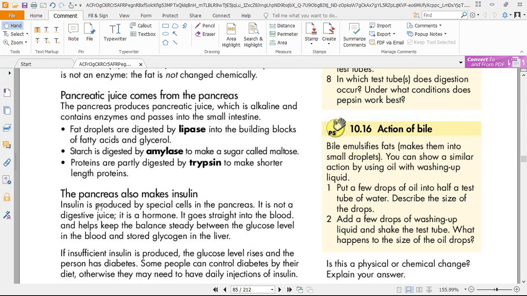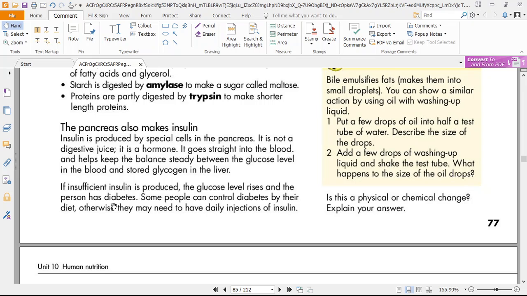Now we make insulin in our pancreas, and what it does, it helps us to regulate the sugar, right, that we have in our body. When the pancreas goes dead or it goes dormant, inactive, then we develop what we call sugar, aka diabetes. Alright,